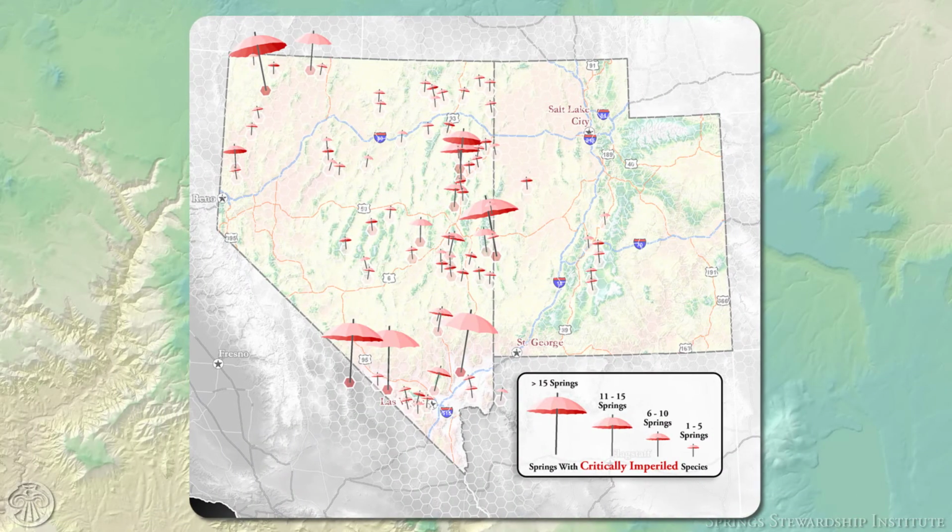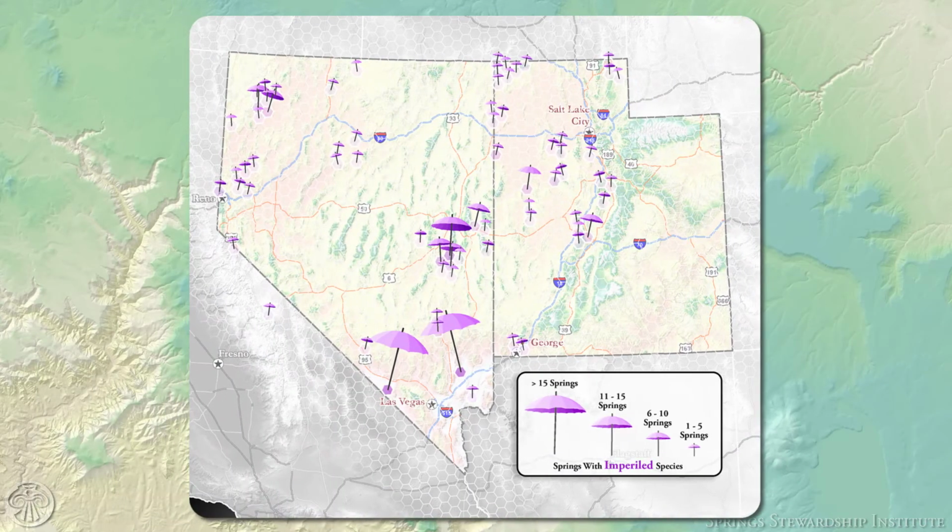Now, critically imperiled means there's 5 or fewer locations or less than 1,000 individuals. Most of these regions with critically imperiled species occur in Nevada. These springs provide the most vitally important shelter to their resident species because a small change in the landscape could lead to extirpation or even total extinction of these species. Imperiled means 6 to 20 locations, or between 1 and 3,000 individuals, and these species are distributed fairly evenly between